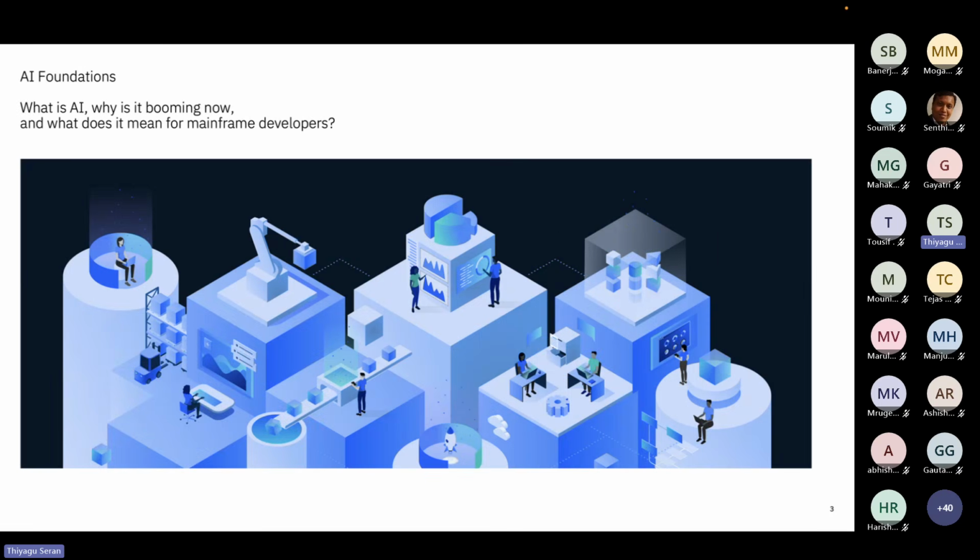Okay, so first, what is AI? Why is it booming? What does it mean for mainframe developers? These are the main things everyone will ask now, right? So basically,